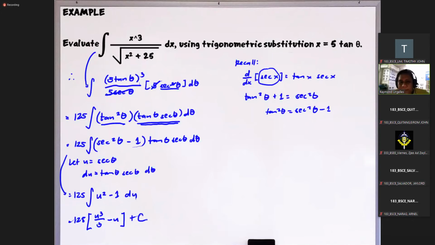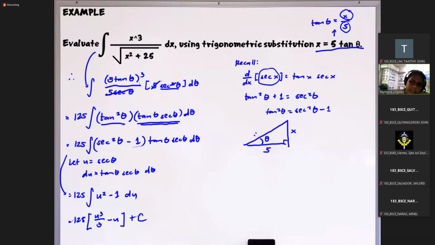Okay? So then yung next step natin syempre is kailangan natin siyang ibalik in terms of x, diba? So yung in-assume natin, so again, we assume this, or we let this substitution. So mula dito makukuha natin that tangent of theta is equal to x over 5. So therefore, we can consider a right triangle, diba? With an angle of theta such that ito yung opposite side, kasi ito tangent is opposite over adjacent. Okay, so then ito naman yung adjacent side, so that's 5. So meaning, this hypotenuse is square root of x squared plus 25.